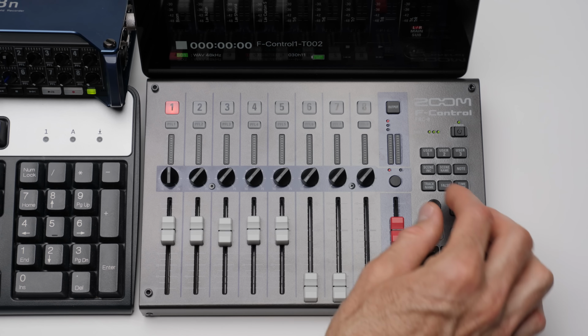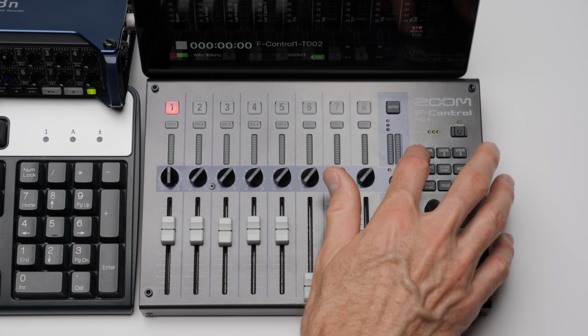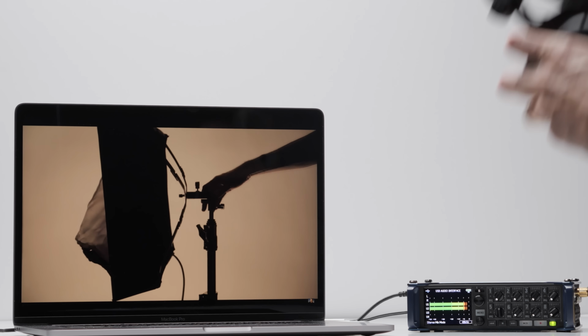We'll also cover the F-Control, which is a physical mixing surface that is an add-on for the F8 or the F8n. And of course, we'll talk about getting your headphones set up and how to do the routing associated with